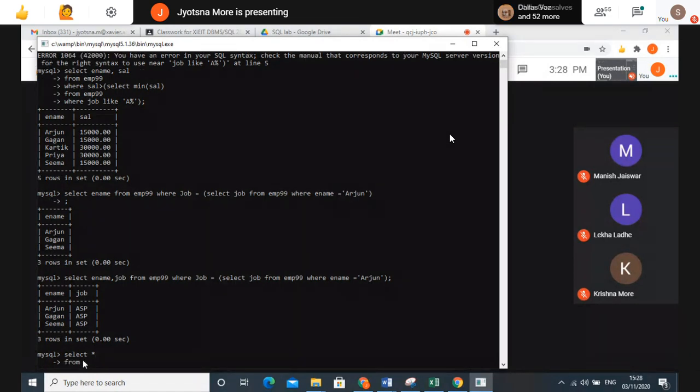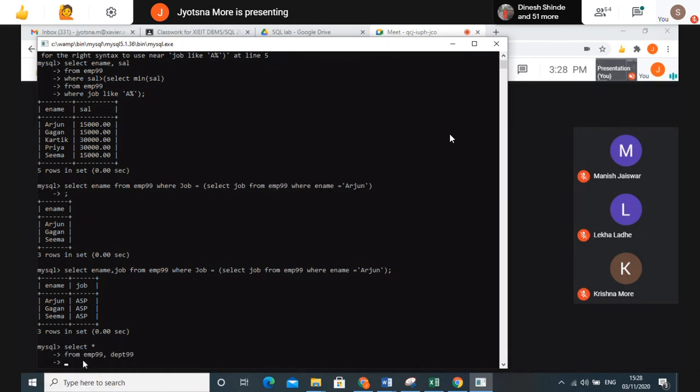from, now here we require two tables, right? So we'll use two tables, EMP99, comma, department table 99. When you are using two tables, you have to show the joining on those two tables, right? So I will say where, which is a common attribute in both tables. We have used one foreign key in employee, right? So department number is the common attribute. So we'll use that common attribute